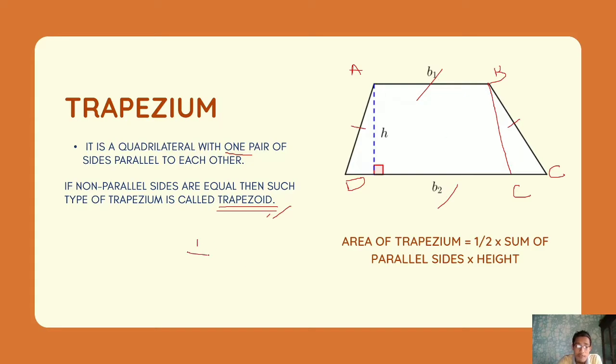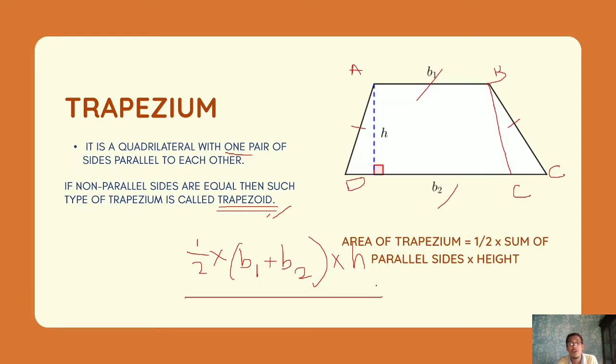So half into sum of parallel sides, so b1 plus b2, again into height, so this is height h, so into height. So this formula will give us the area of a trapezium. Okay,